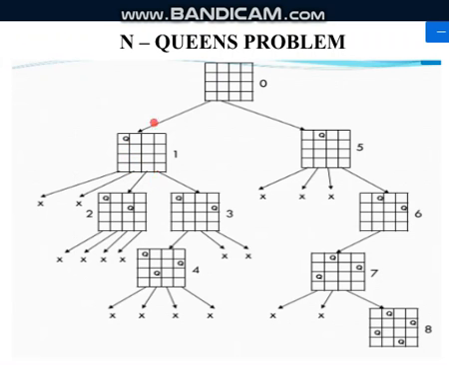So first, what we do, we place the first queen in the first cell. Then, obviously, we cannot place in the same row, so we just check with the second row. So how to place? First column I cannot place because it lies in the same column. Second one I cannot place, again it lies in the same diagonal, so I'll just place it in the third one. But if I do that, I will not have any option for the third queen.